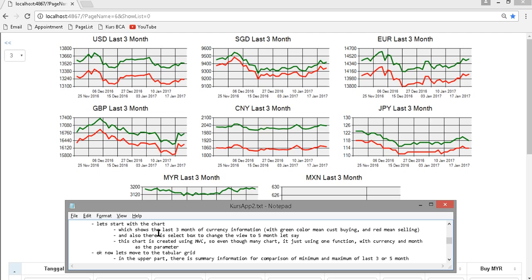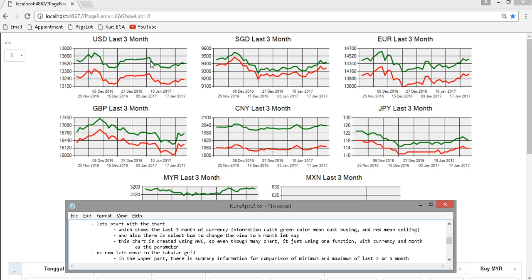In this one, the chart shows the last 3 months of value. There are two lines. The green line is the buying, which means the customer buying price. Usually the customer buying price is higher than when you do selling.